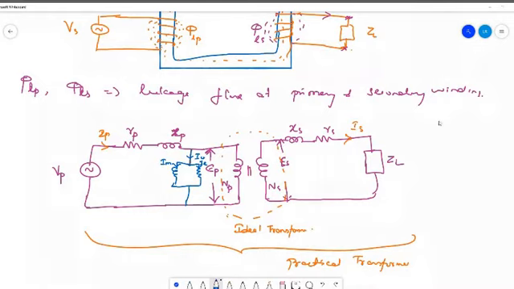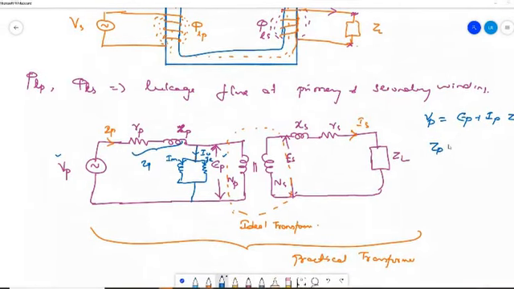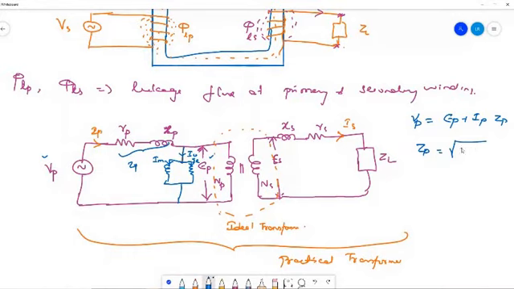We can write the relation between VP and EP. If you want to express this relation between VP and EP, you can use KVL. So VP is nothing but EP plus this current IP into ZP, and this is the ZP. So the magnitude of ZP will be nothing but the root of RP square plus